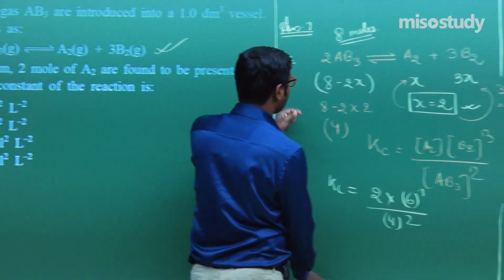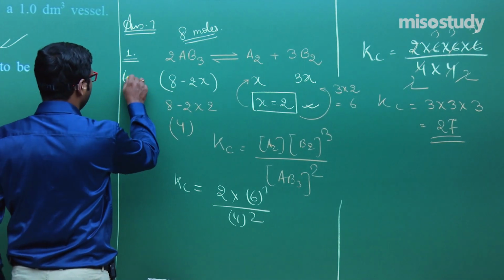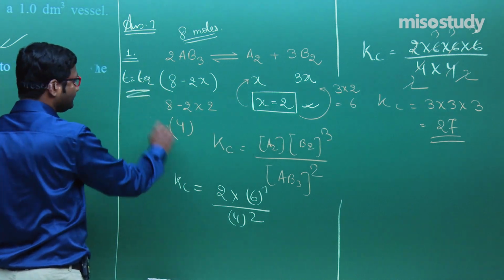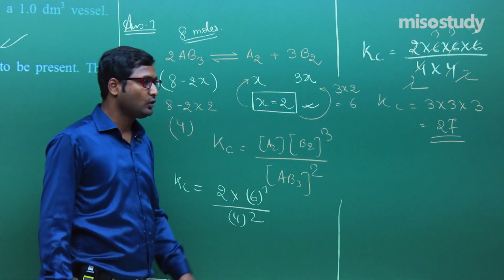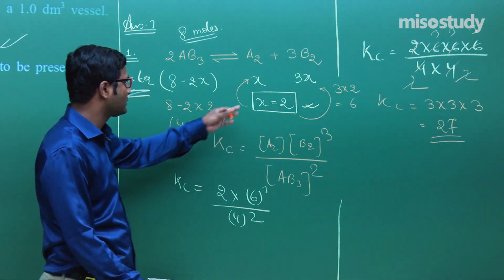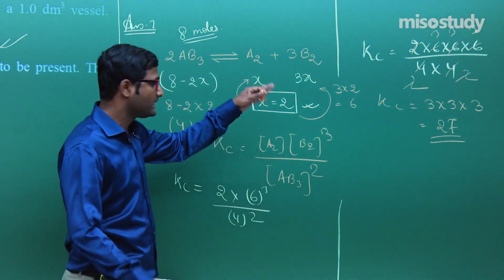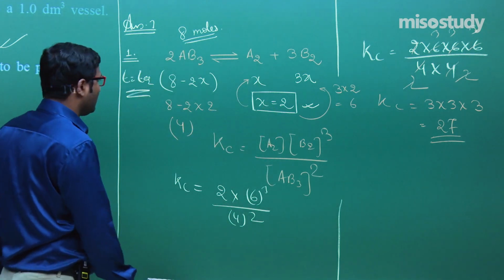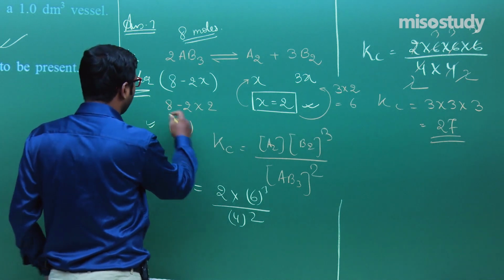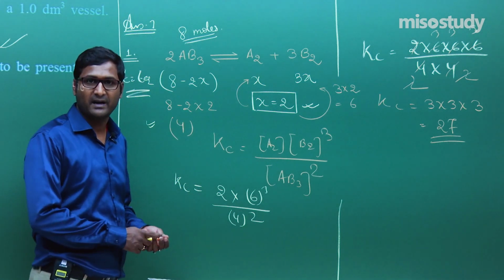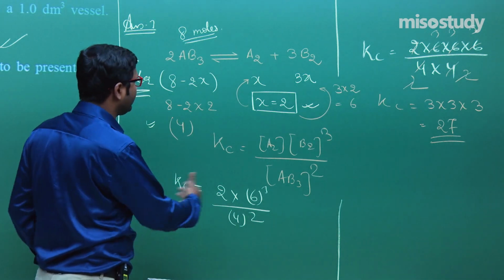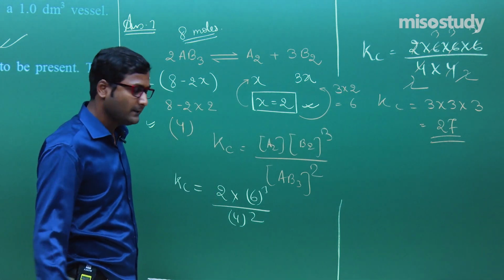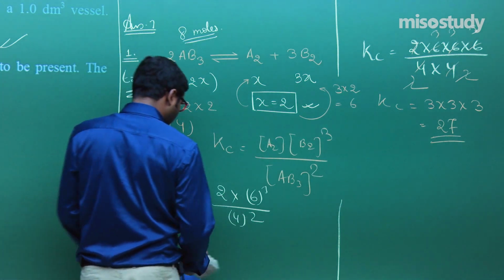The simple expression, that is T is equal to T equilibrium, that is the condition. And put the value, you get 1 decimeter cube, the concentration is equal to 2 upon 1 is equal to 2, 6 upon 1 is equal to 6, and 4 upon 1 is equal to 4. That is a similar pattern. So we do not need to write the elaborate question. Clear? Now I'm going to rub this part. Wait for a moment.